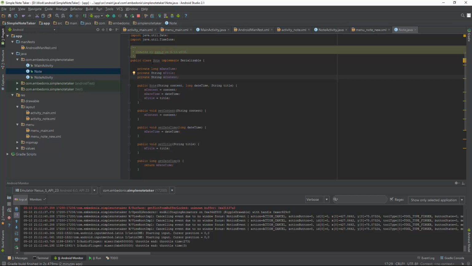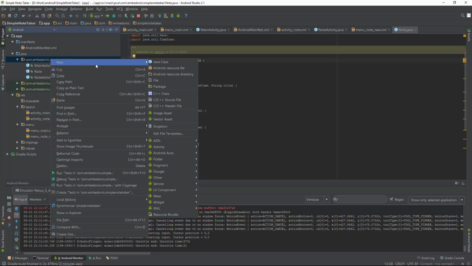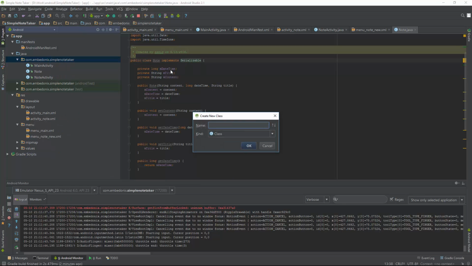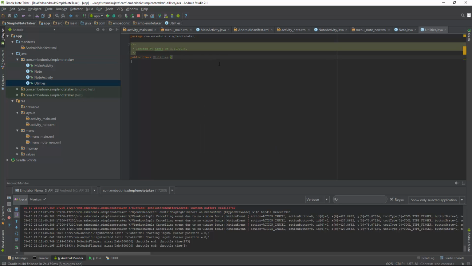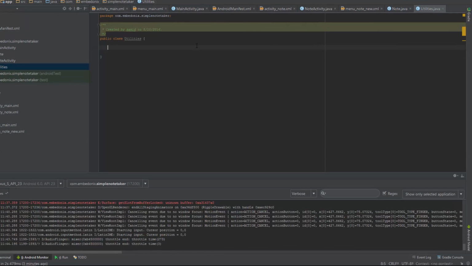Okay, enough talk. Then we need some kind of class that takes care of this business logic, for example saving, loading, and deleting, and stuff like that. So I'm going to make a new class called Utilities, and the first method I will put here is the save method, public static